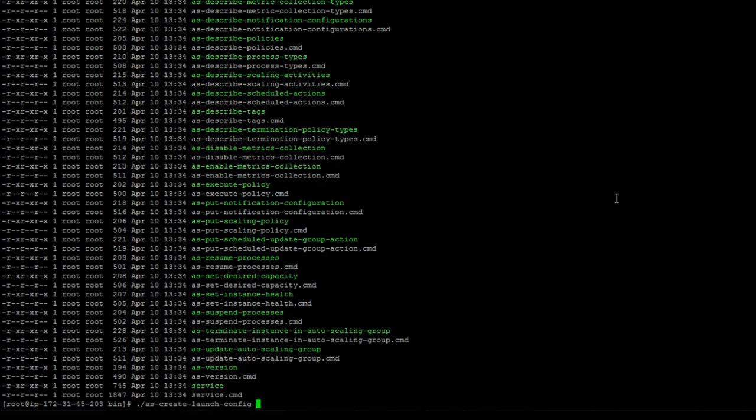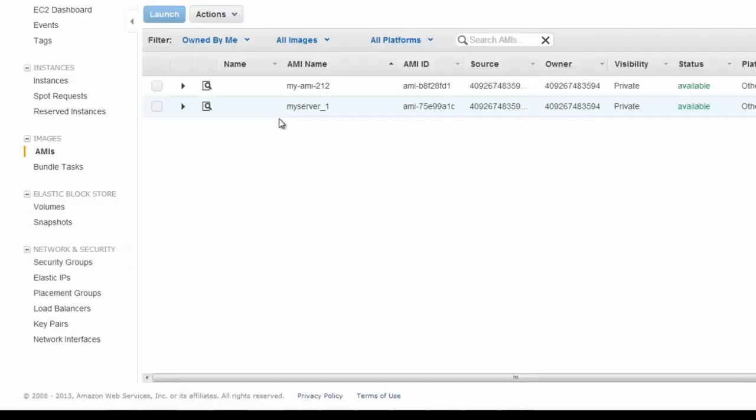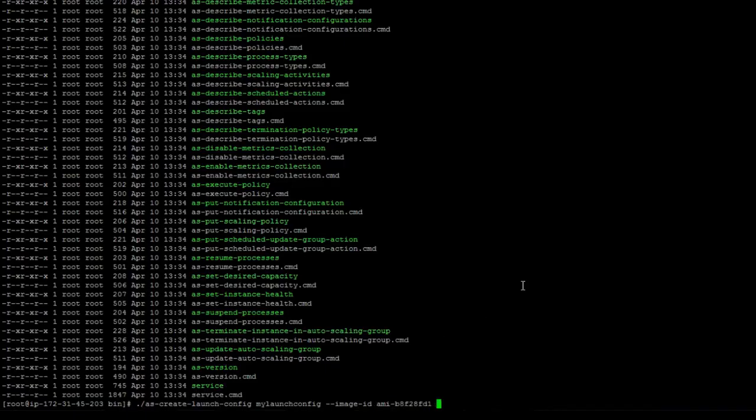It takes a few parameters. First is the name of this configuration, let's say my launch config, and then the AMI ID based on which you want to launch new instances. Let's copy the AMI ID from here and put it here. Then you have to specify the instance type, which is t1.micro in this case,